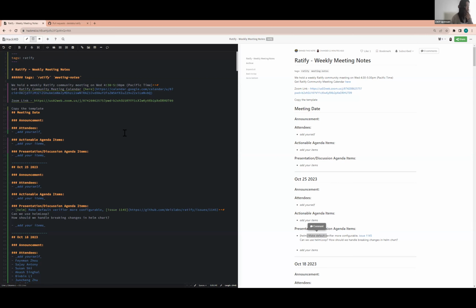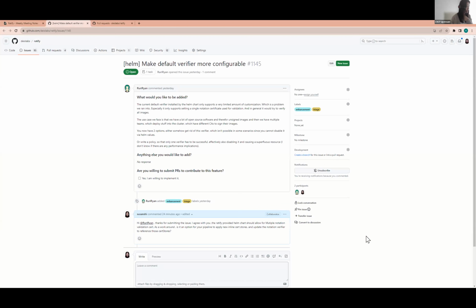Cool. So Akash, we talked about the 1145 in the Monday meeting. Yes, this is the multiple certs issue. His scenario is that he wants to use the default chart that we provide, and since we only allow one inline certificate, he wanted to apply multiple verifiers, and that is causing issues